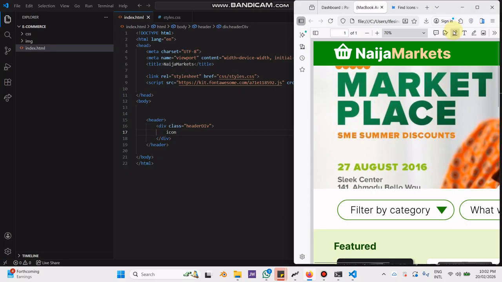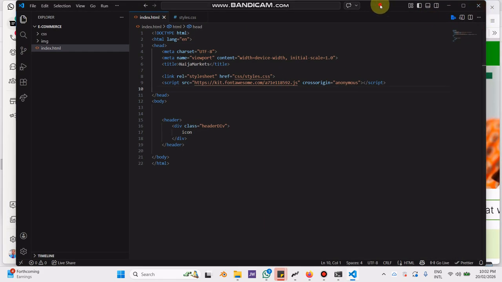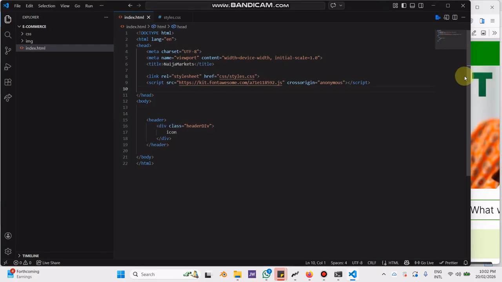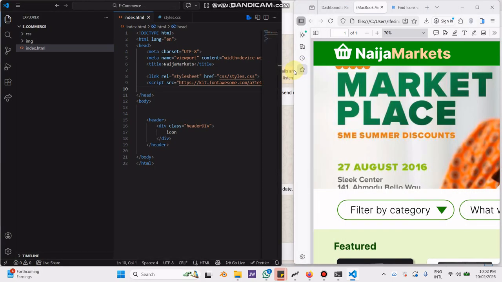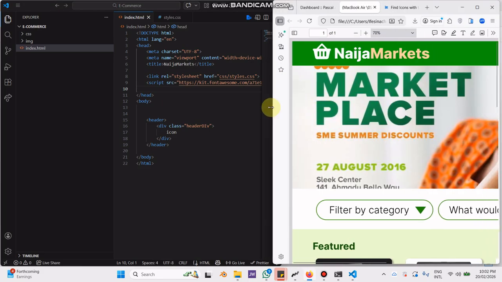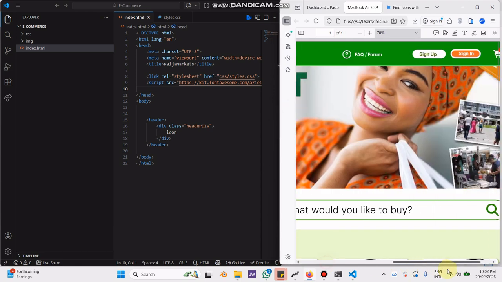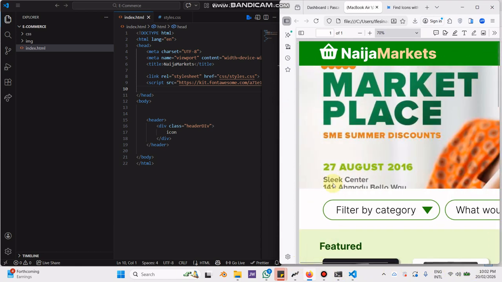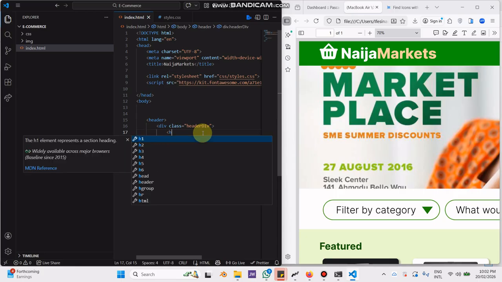Let's just keep our screen left and right. Let's style it this way so that we can see whatever we want to work on and work on it simultaneously without much disturbance. It will need a lot of scrolling left and right because we are working on the desktop version of the website. So Niger is a heading one,